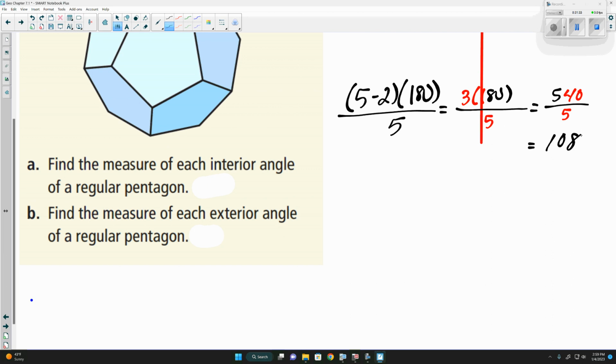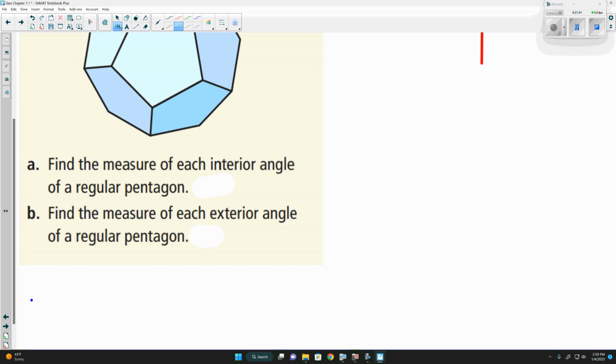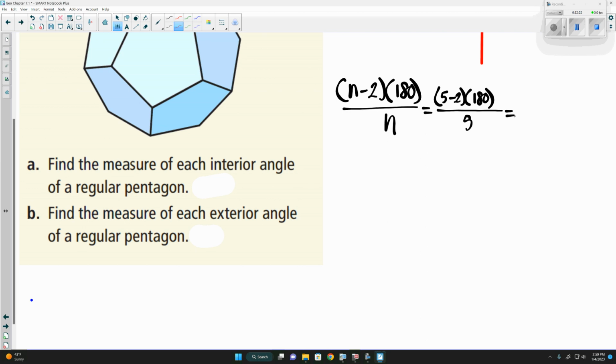So, the formula. Find the measure of each interior angle. So we know that they're all the same because it's regular. So we can use n minus 2 times 180 divided by n. So we're really just finding the sum of it and dividing it by the number of sides. Since it's a pentagon, it has 5 sides. Three times 180,